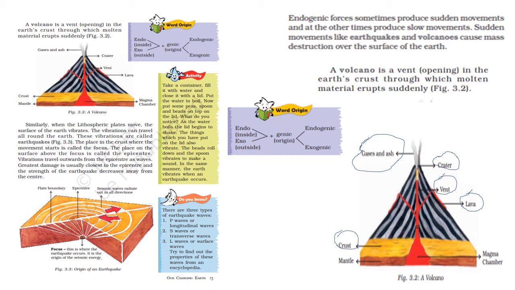The topmost layer of the earth's surface is called the crust, and the mantle lies below the crust. The upper mantle is in solid form and together with the crust makes the lithosphere. Beneath it lies the magma chamber. Magma is hot molten material found inside the earth, and when magma comes onto the earth's surface it becomes lava.